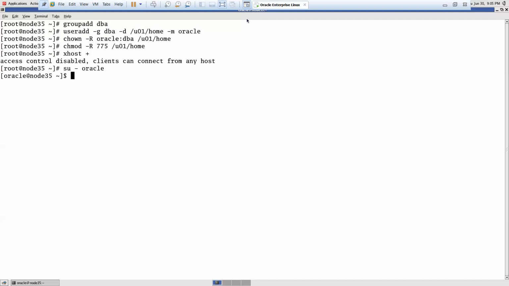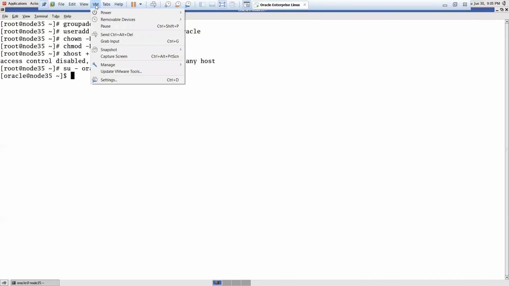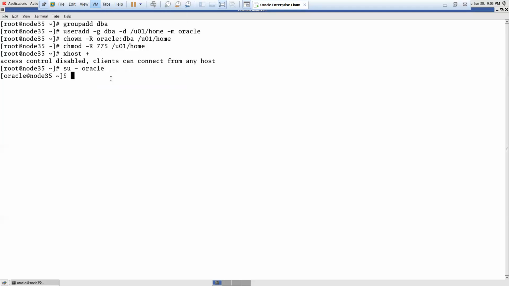Now I want to install the 10G software, but my 10G software is on the Windows operating system. I have to get that 10G software from Windows to Linux. So what are the steps? In VMware we have a feature called sharing. This is the navigation: to share the 10G software from Windows to Linux, we go to VM, then Settings,